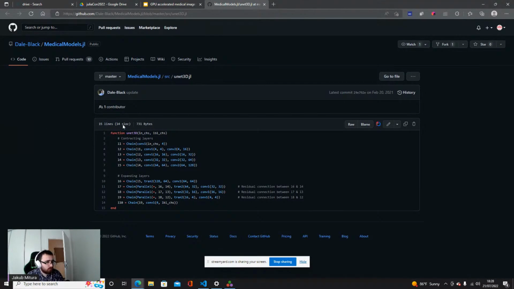But how does the U-Net work? Basically, for those that do not know, this is how Flux constructs the neural networks. We have Chain, which creates basically the composition of the functions. So we have L1, then we chain L1 with L2 and L3, and so on. We chain to the end.